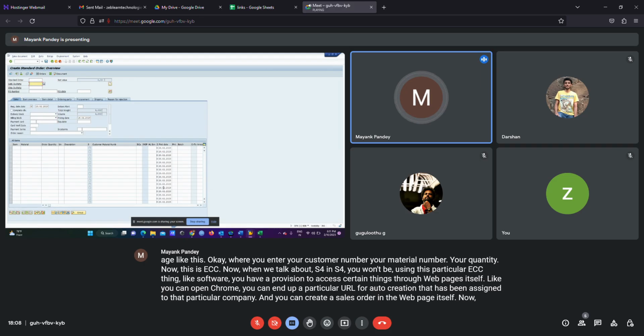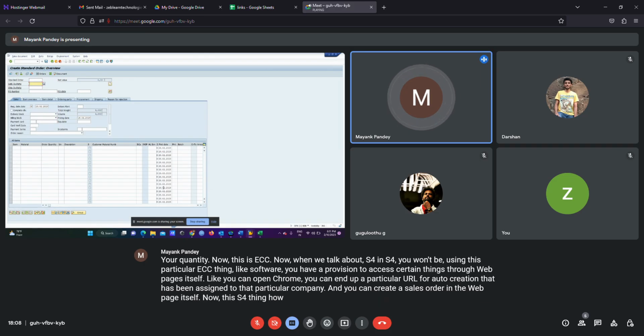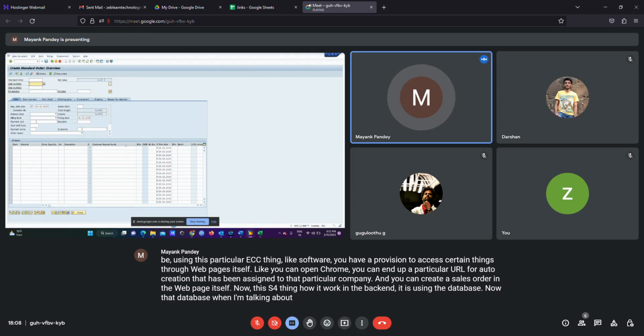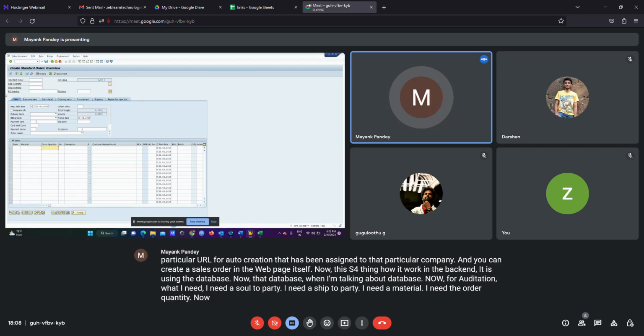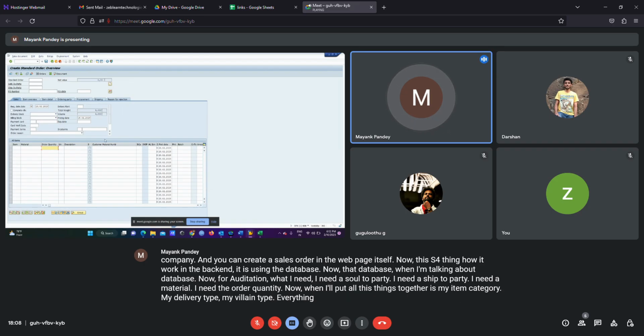Now, how this S4 works in the backend, it is using the database. For order creation, I need a sold-to party, a ship-to party, a material, and the order quantity. When I put all these things together, my item category, my delivery type, my billing type, everything will get determined automatically.